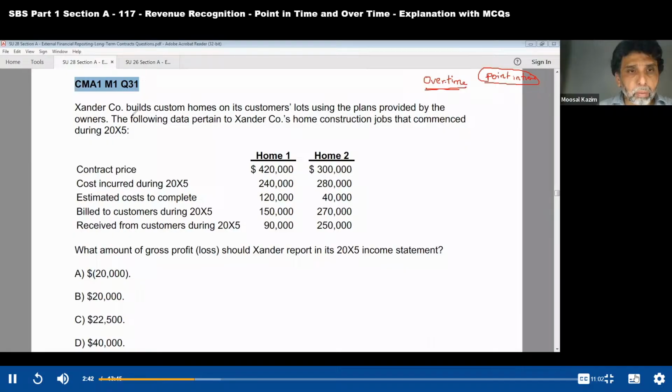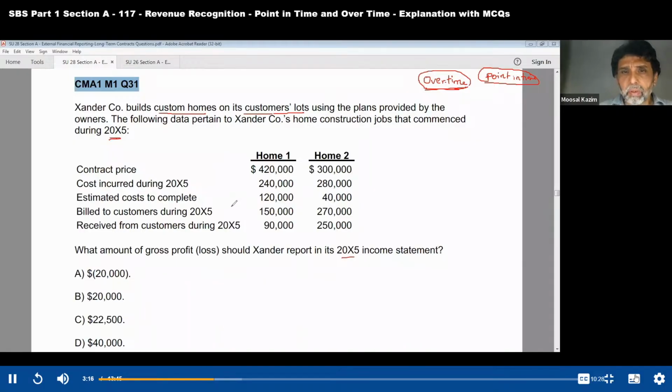And here, one of them is satisfied because these are custom homes built on customers' lots. So the customer has control over it, using the plans provided by the owners. So then we account for it over time, right? And the question is asking what amount of gross profit or loss should he report in the 2005 income statement. The construction commenced in 2005,